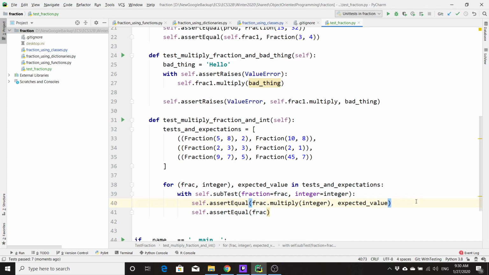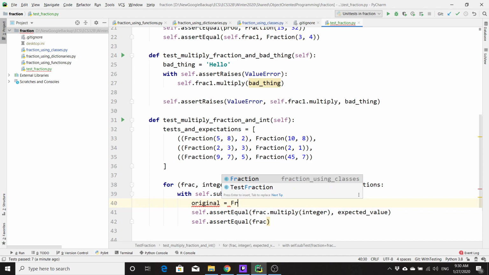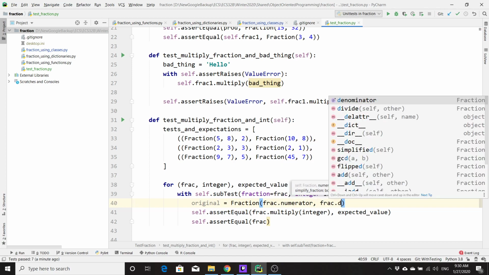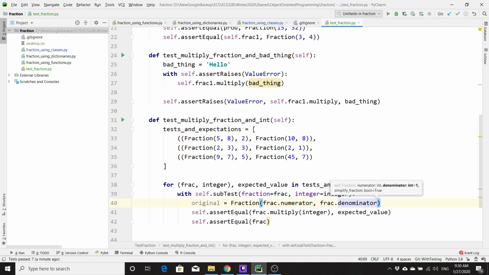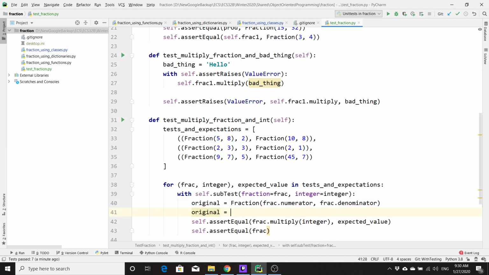make a temp before we do it. So say something like original is equal to fraction. And then here we have frac.numerator and frac.denominator. It's really important that we don't do this, original equals frac, because if we do this line, original and